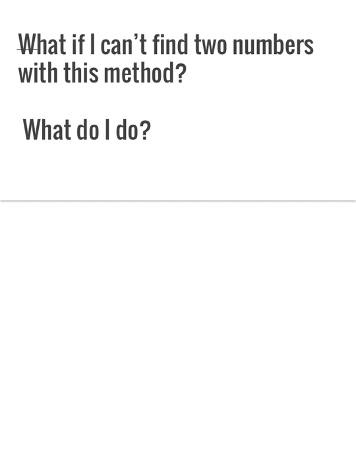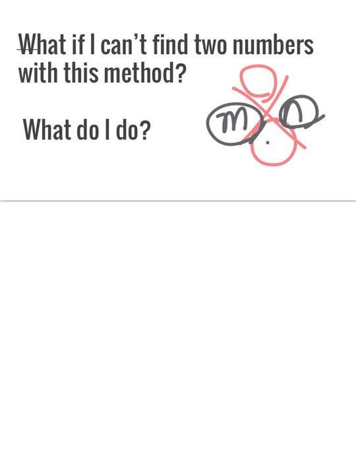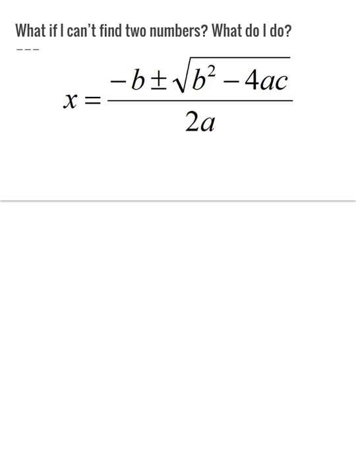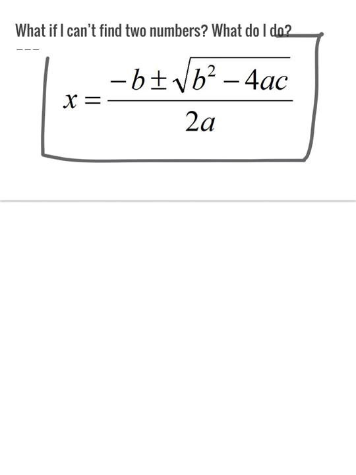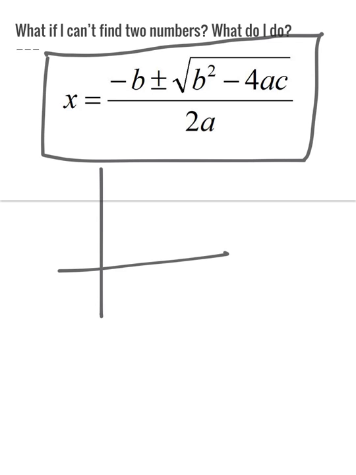Okay, but are there scenarios where we can't really find those two numbers that will give us the product on the top and the sum at the bottom? What if we can't find these two values? Like I tried everything but I still couldn't find them. What do I do? What if I can't find the two numbers with this method? Well, don't worry, because we still have a way to find the solutions of our quadratic function. So this looks really difficult, but this formula gives us the very values